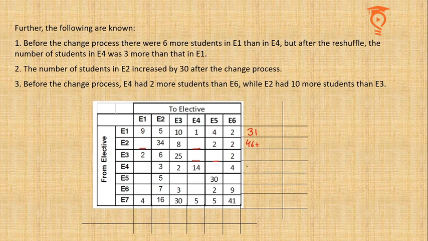For E3 the sum presently is 35. I'll make a plus sign. For E4 the sum right now is 23. I will make a plus sign. For E5 the sum is presently 35 and I'll make a plus sign. For E6 the sum is 21 and 2 cells remaining. For E7 the sum will be final and it is 101.